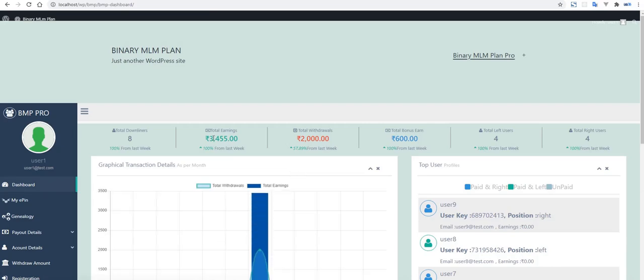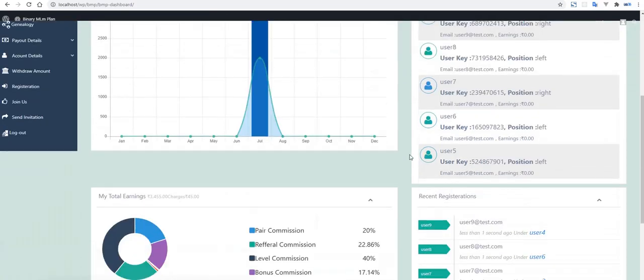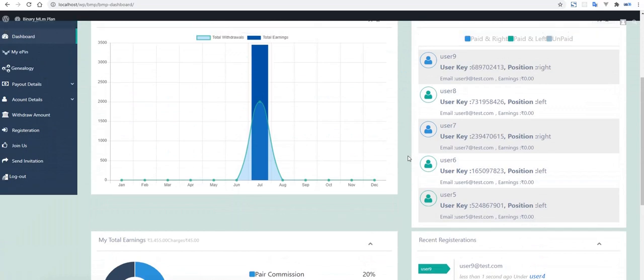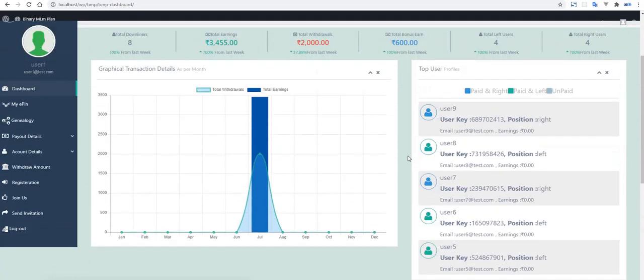This is the total earnings, and whatever I have already updated you regarding this one. So this is basically for user 1, but I will create some more videos with everything explained for this binary MLM plan, and how this works for the other users.